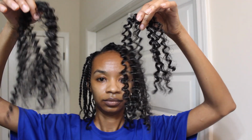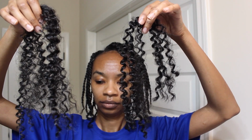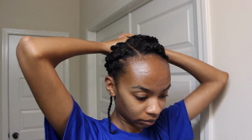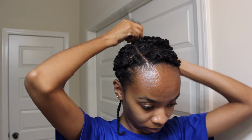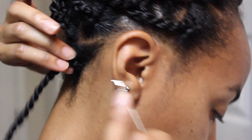As I mentioned earlier, I have cut the hair in half and we will be installing it folded just like this. A crochet hook is going to help this process be quick and easy for installation. And I'm going to start here on the back and then putting the rest of my hair up. Now I will give you a closer up close view as I get to the front of my head, but this is a great example of how to install the hair in the back